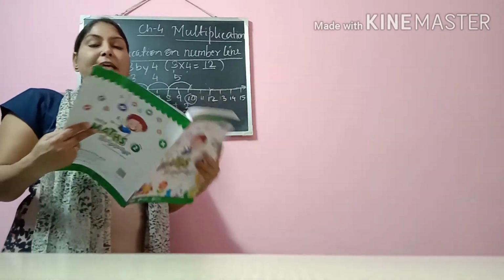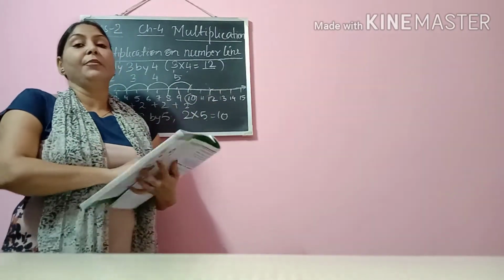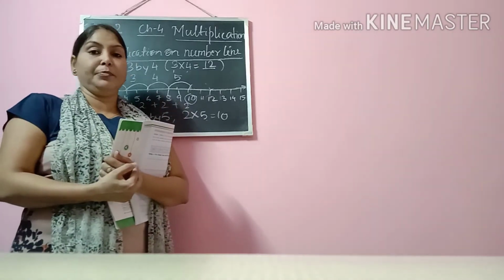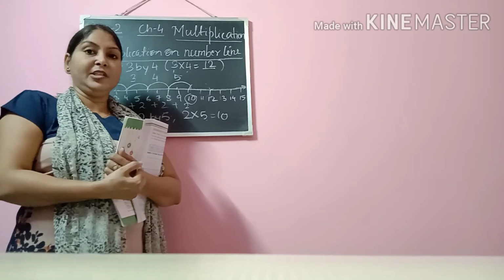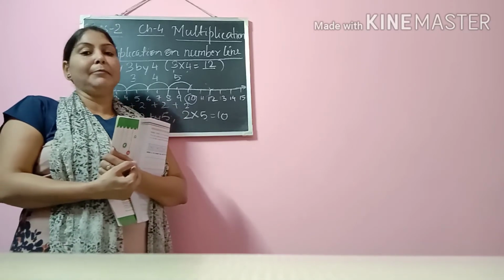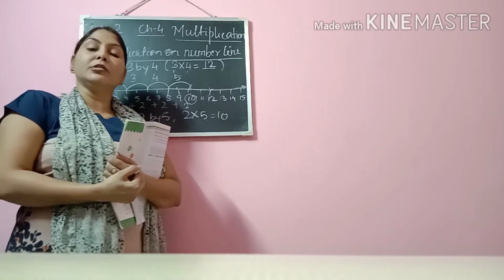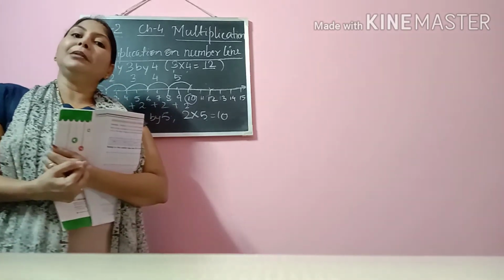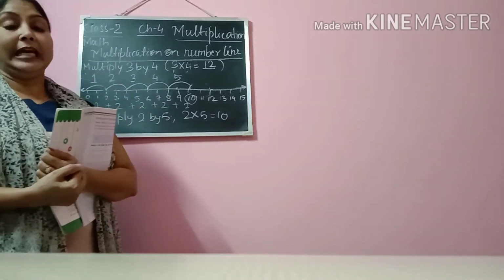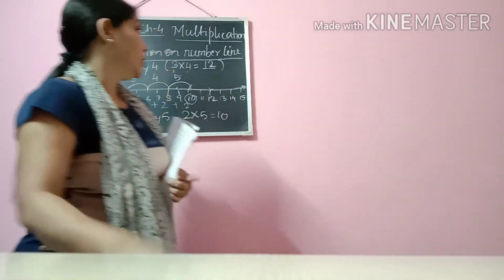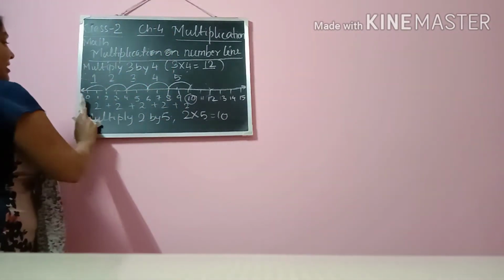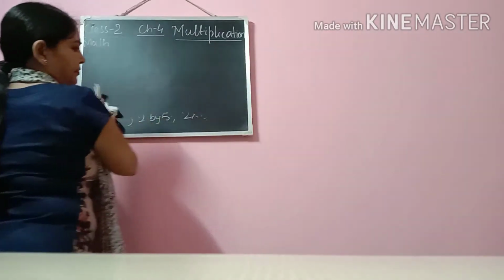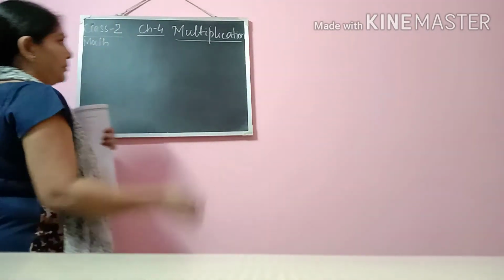And the next topic is the properties of multiplication. Like if you remember in the previous chapters, addition and subtraction, I told you some properties of addition and also some properties about subtraction. So in the similar way, we have some properties in multiplication also. So let us know what are the properties in multiplication. Okay. Properties.